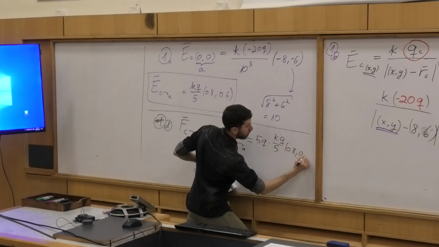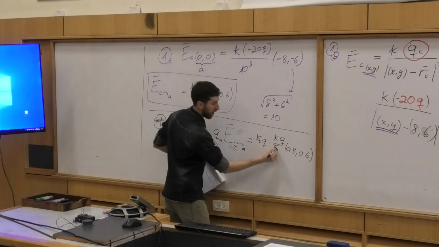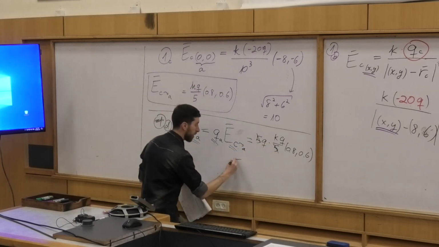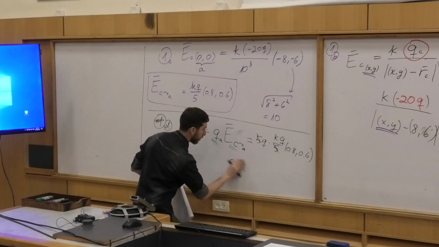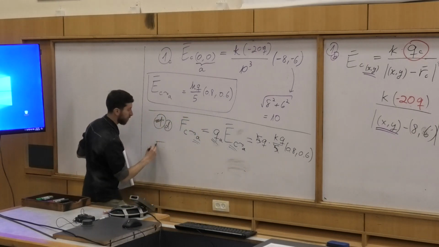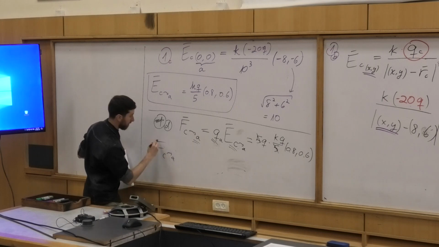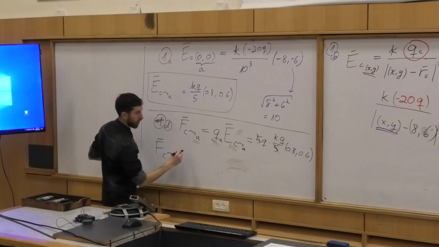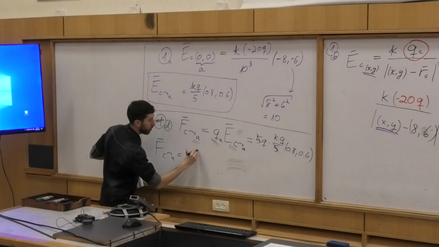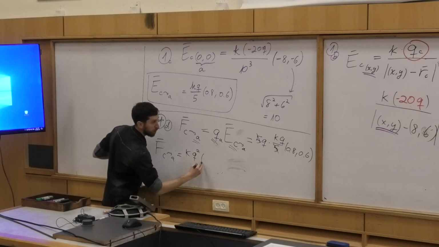5Q multiplied by this, KQ divided by 5, 0.8, 0.6. So this 5 and this 5 die out, and we get the solution that the force, the electric field. So the force, this one, the force C on A, vector of course, is actually KQ to the power of 2 multiplied by,